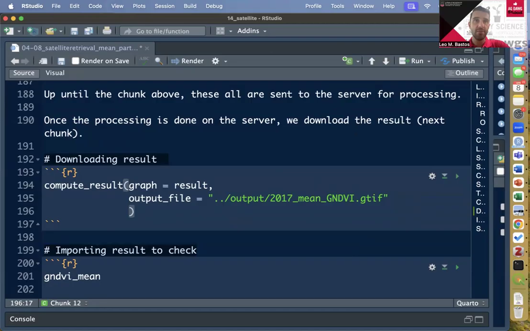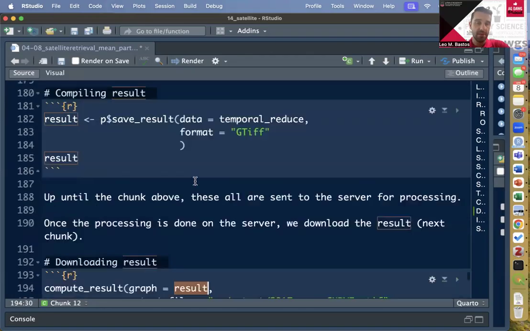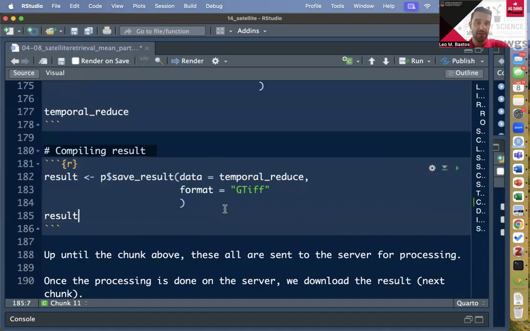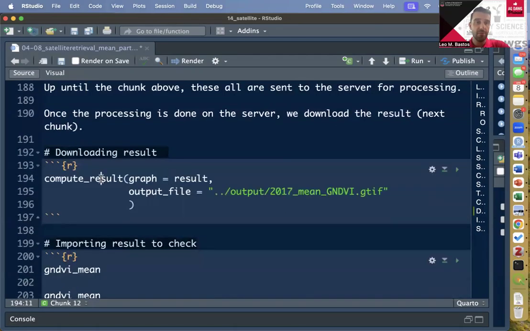This is basically us compiling all the steps we want to apply, which happen on the result object, where we also gave what is the format we want back from it. And then we compute the results by sending this request to the cloud and then getting back an object that's going to be saved on this path under this file name and extension. If you go ahead and you run this compute results,